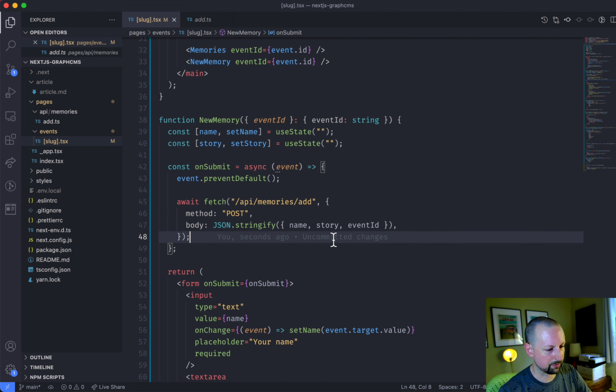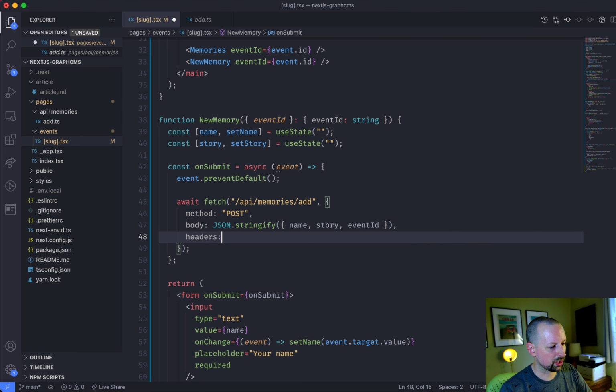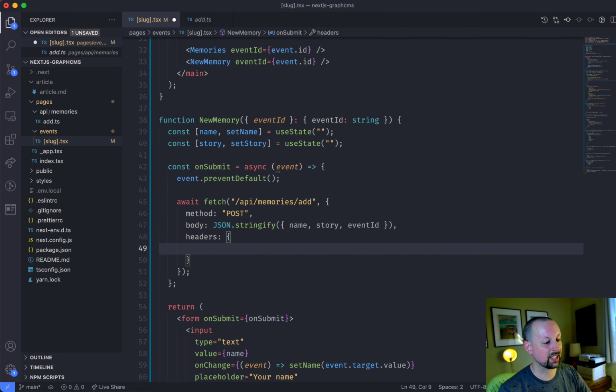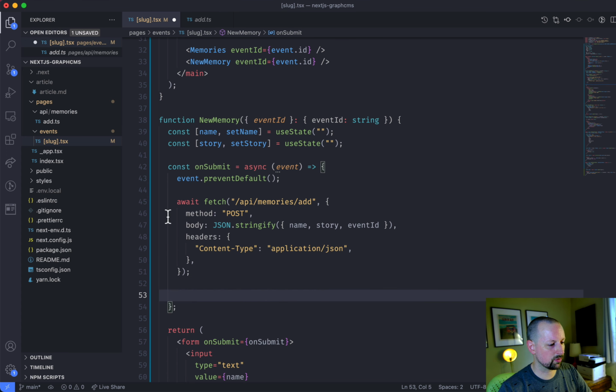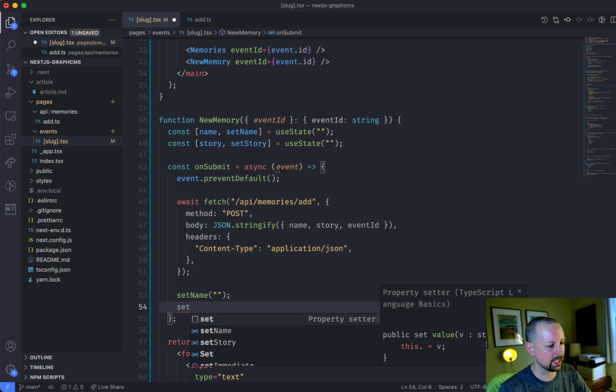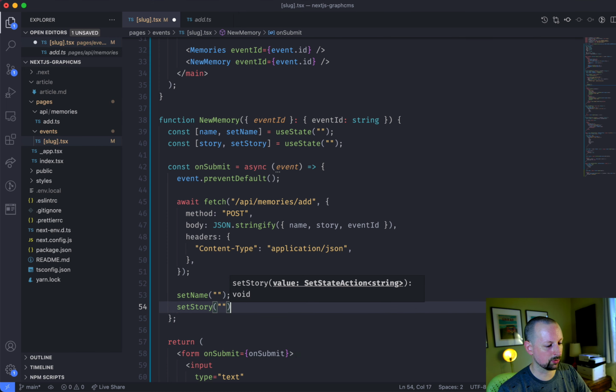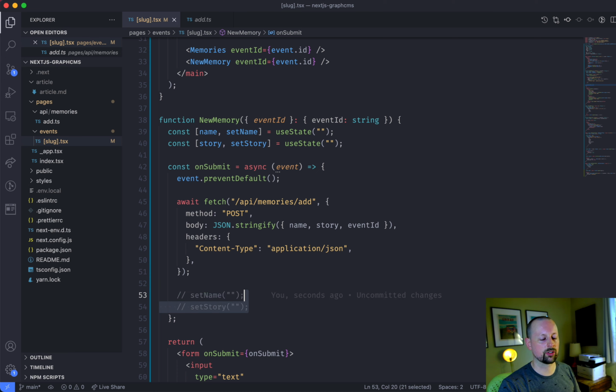Let me just save this to get formatting. We're going to pass up some headers just so that it gets posted as JSON. So we're going to say here content type is going to be application/JSON. And then when this finishes, maybe what we want to do is set the name back to empty and set the story back to empty as well. But let's not do this yet because I want to just make sure it's working without having to re-enter the